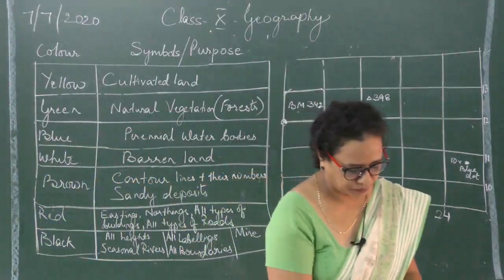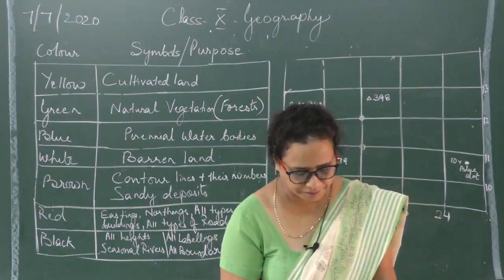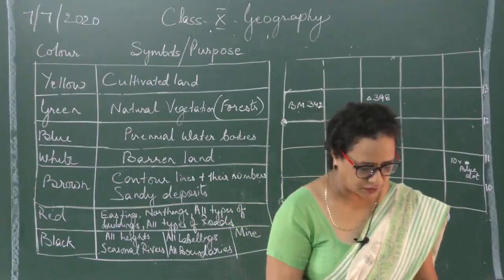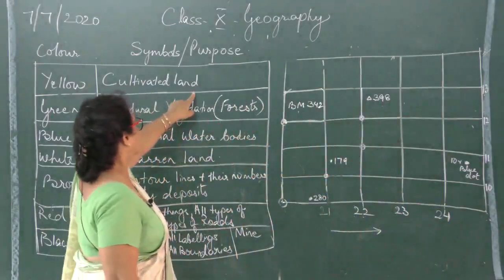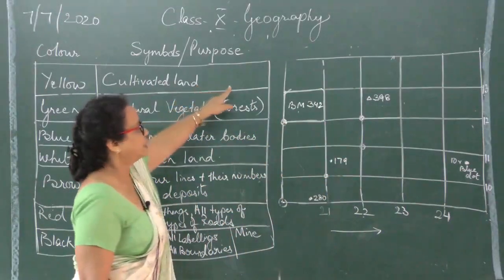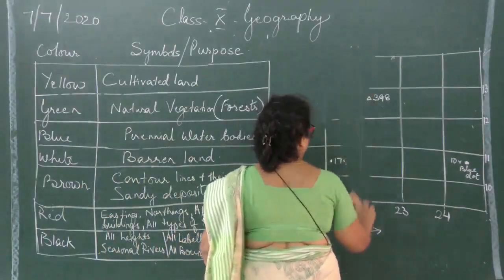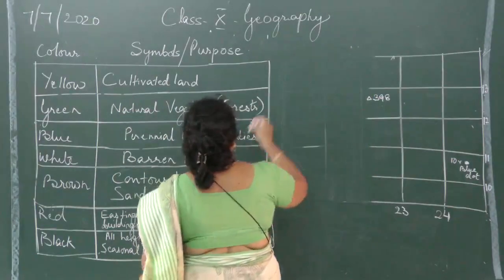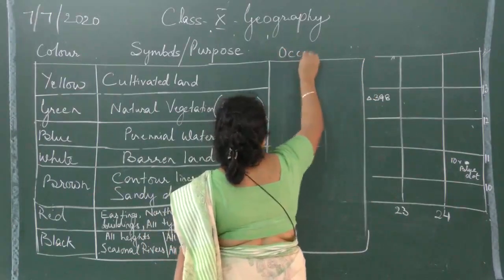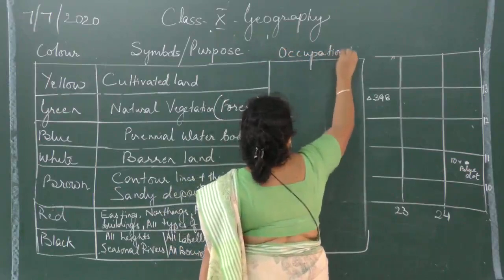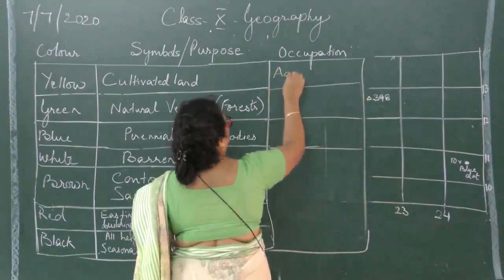Now, note down one last thing regarding these colors. By the side, if you have space, like I told you for the first one, you can write the occupation also. Or I rub out this now. This we'll continue with in the next recording session. Here you write the occupation that you can write from the color scheme. The first one, write down agriculture, as I told you already.